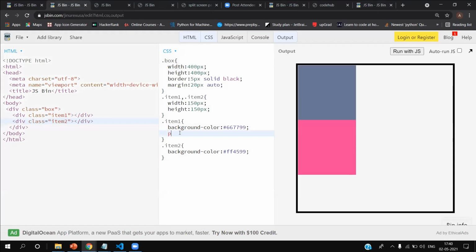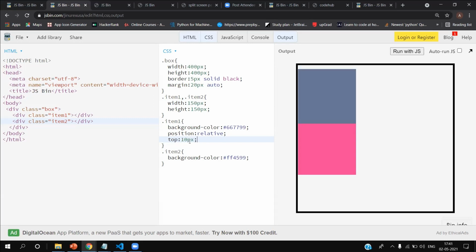Now see, if I give position relative, nothing happens, right? But as you use position relative, you have unlocked top, bottom, left and right. So you can use top.